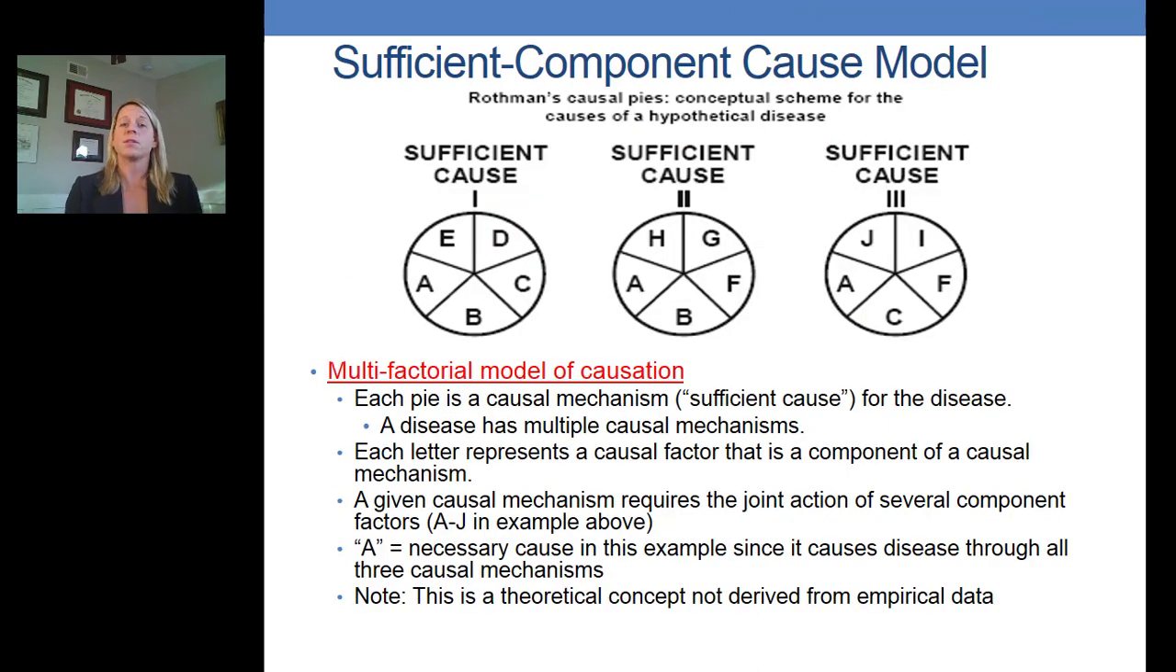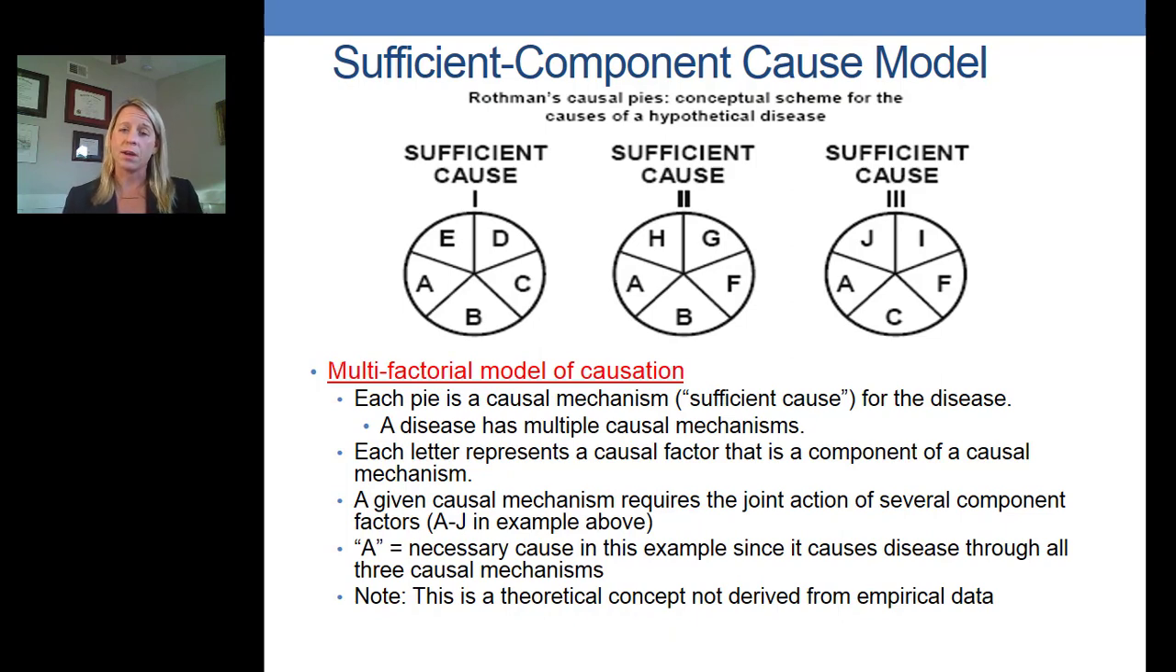That moves us to now discussing the sufficient component cause model. And this is a model described by Rothman as well. Basically this is a multifactorial model of causation, and it's given in a pie diagram with the idea that each component of the pie contributes to the disease, the outcome, and each component is contributing a certain amount to the overall risk of disease. So each pie is a causal mechanism,